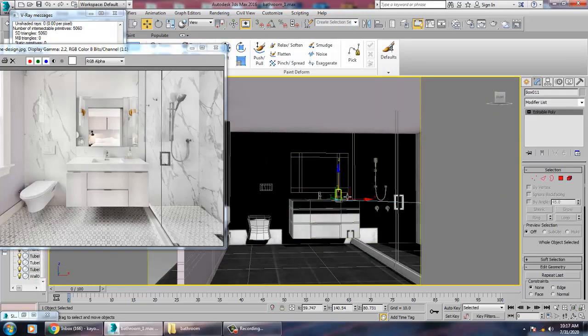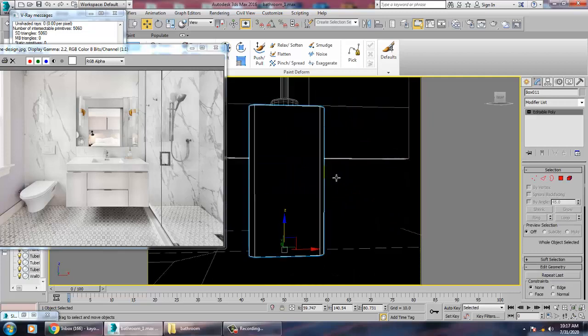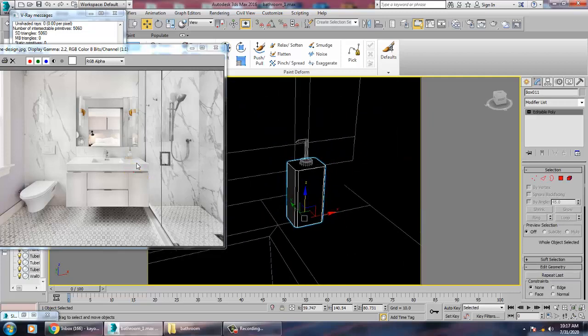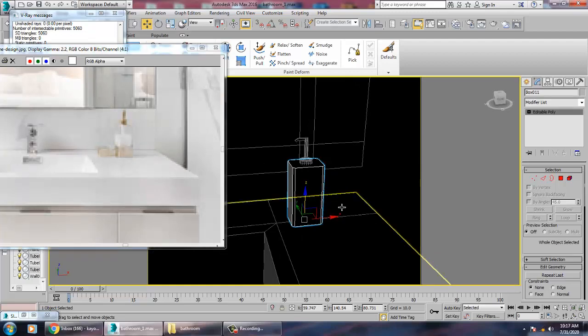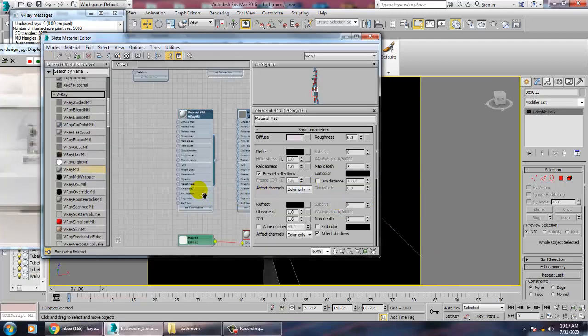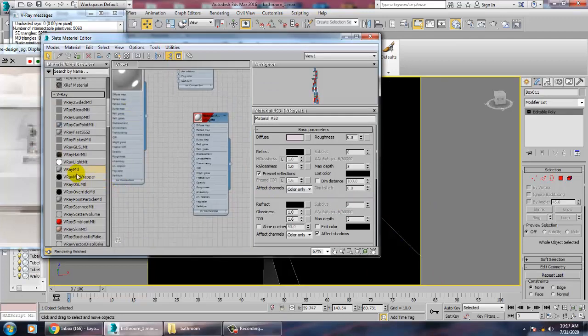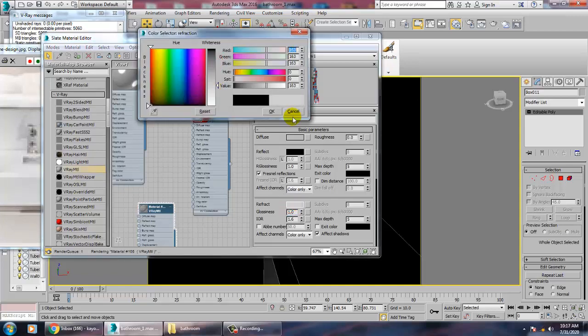Select this again for this bottle. If you want, I can go into the material. Let's take a V-Ray material and I'll give a bit of refraction to it.